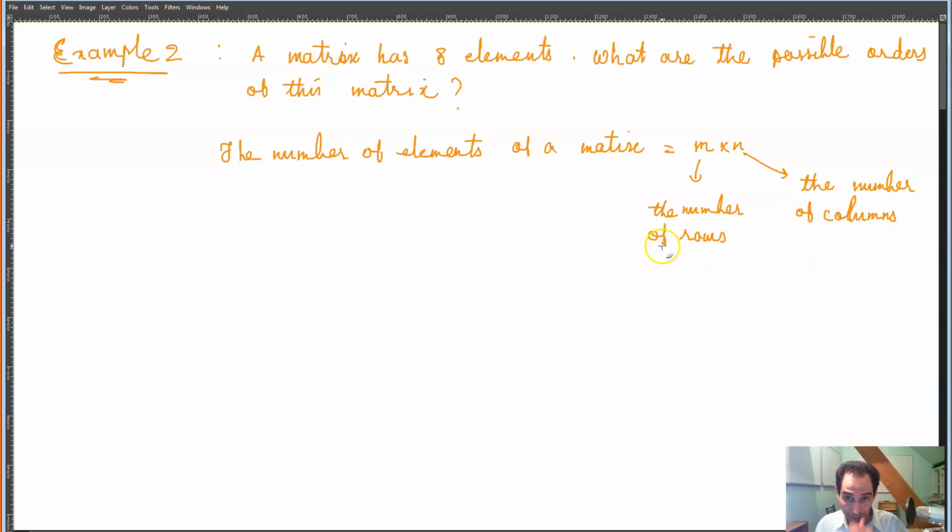Which means that since m times n is, in this case, equal to 8,